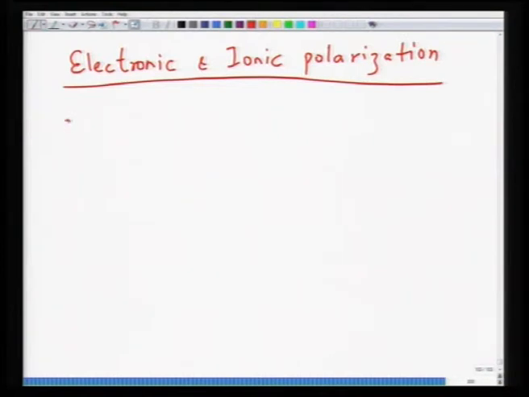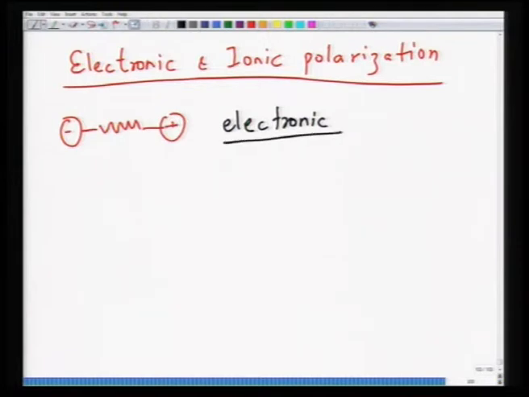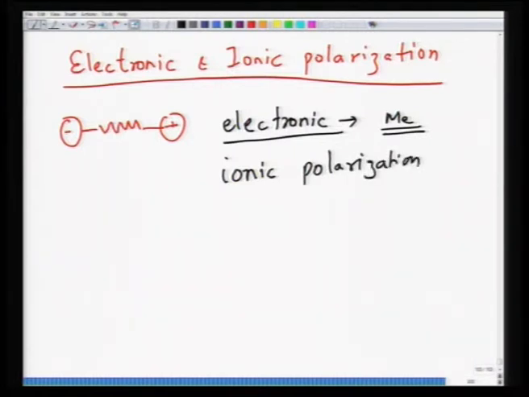The only difference is when you consider the charge dipole like this, minus plus, and consider them to be connected by a spring. Then in the case of electronic polarization, you take the mass related to the mass of the electron. So, in this case, basically the mass of whatever this atom would be. In the case of ionic polarization, so this is at the electronic level, masses are much smaller. Ionic polarization happens at the level of the lattice, or in the case of ions.